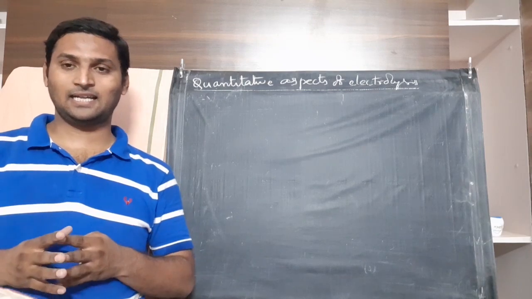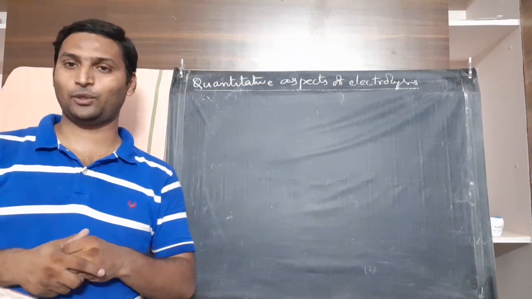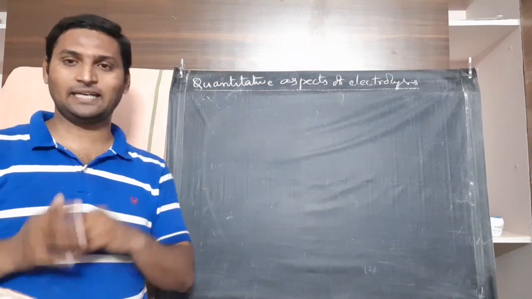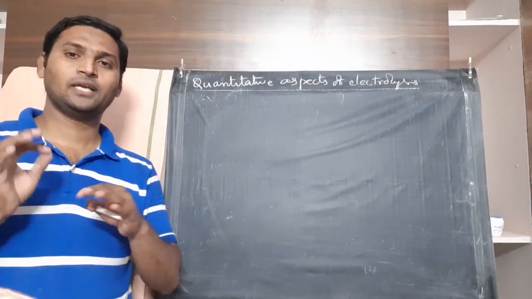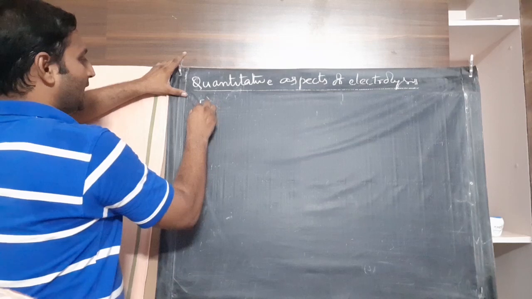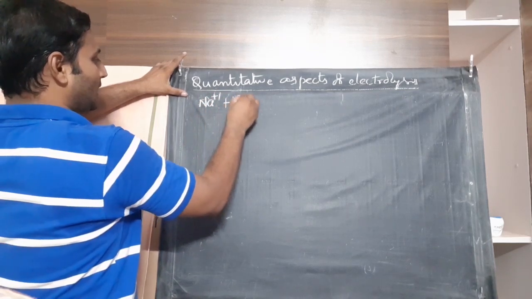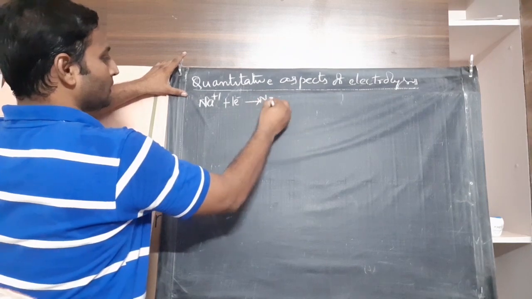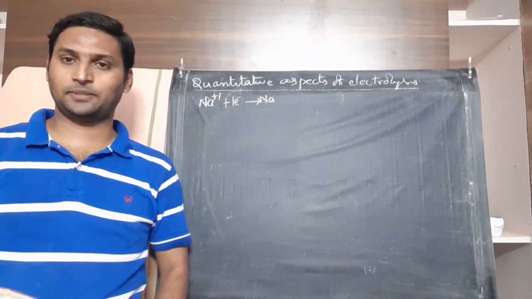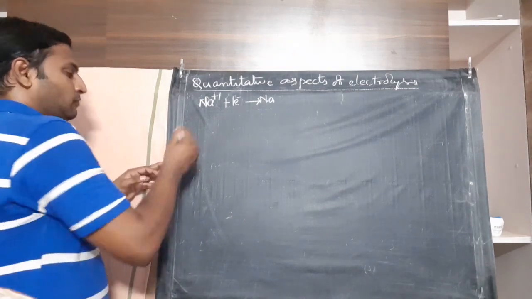Let us understand that by solving indirectly a learning exercise that is given to you. The questions were asked in the form of learning exercise. Directly I am taking it as a concept here. Okay, let us start. See, there is sodium cation needs to gain an electron and become sodium. Let us understand this is the electrode reaction, cathodic reaction. Okay, now tell me